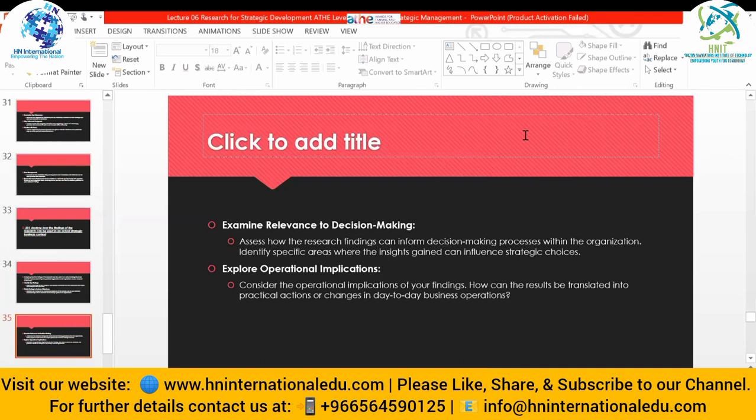Examine relevance to the decision making. Assess how the research findings can inform decision making processes within the organization. Identify specific areas where the insights gained can influence the strategic choices of the organization. Explore operational implications. Consider the operational implications of your findings. That is, how can the results be translated into practical actions or changes in day to day business operation? That is, operational activities. How your findings could help the operational activity,